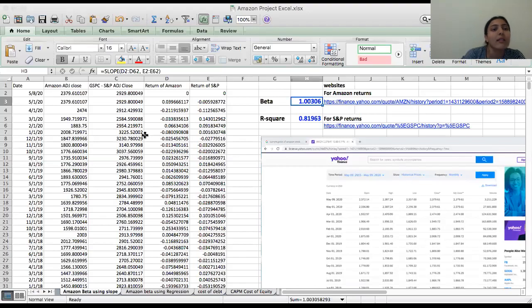In this, I've downloaded Amazon's adjusted close from the Yahoo Finance website, from the historical prices. I downloaded the adjusted close, and I also downloaded the S&P 500 adjusted close, which is the GSPC. Now, in order to find the beta and the R-squared, we need to find the return of Amazon and the return of S&P. So, in order to find the return,